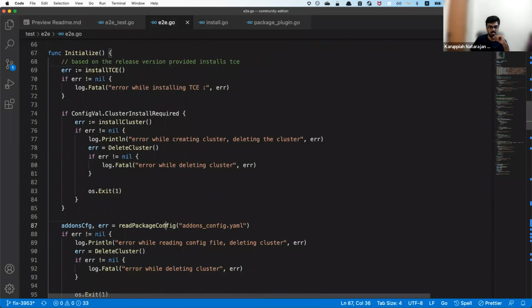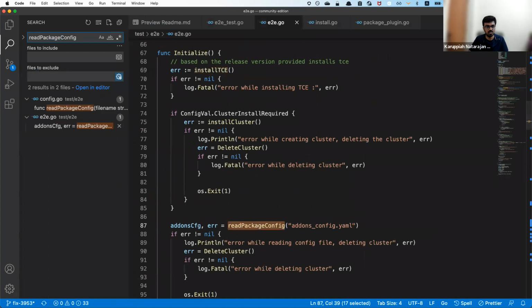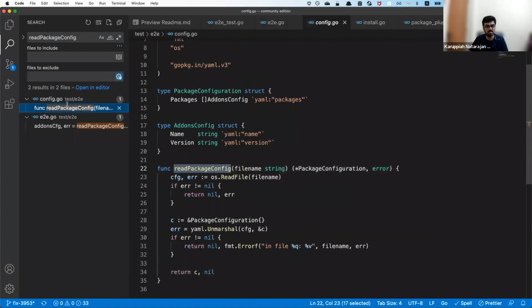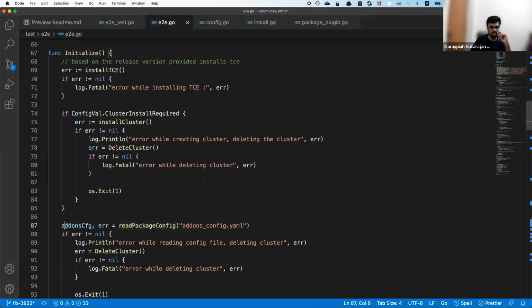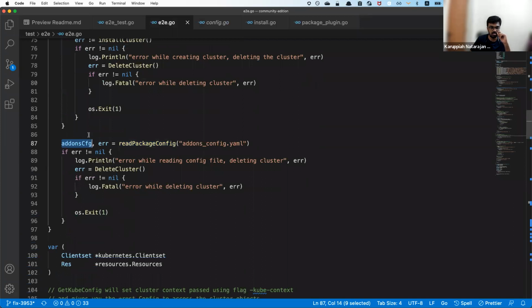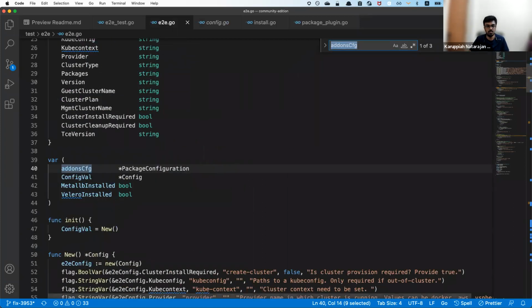And there is some interesting stuff around package config where they check out package configuration, they parse the YAML, and this is Go package YAML version 2. So they parse the YAML and then get the names and versions and then use that to actually run the tests, I think. So add-ons config is this. I think this is present globally.